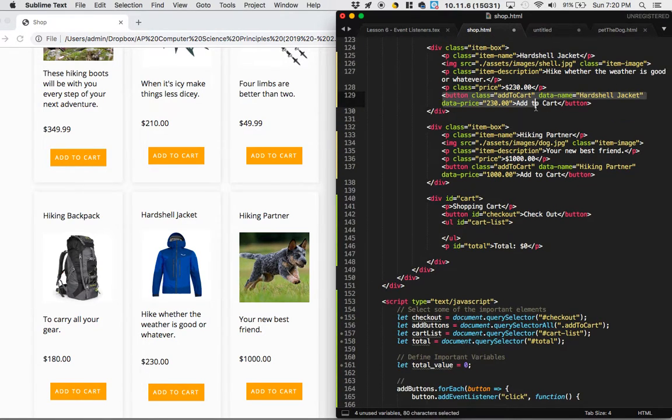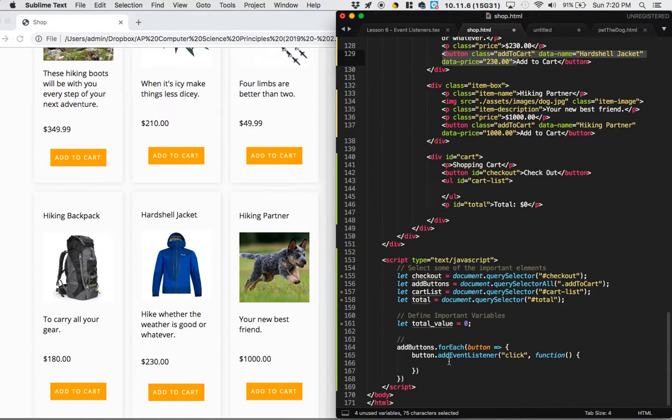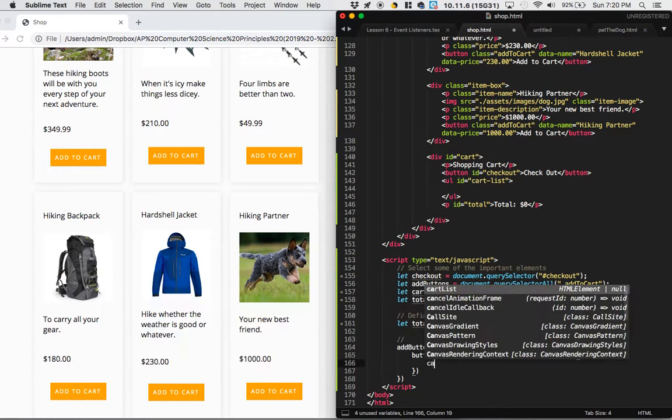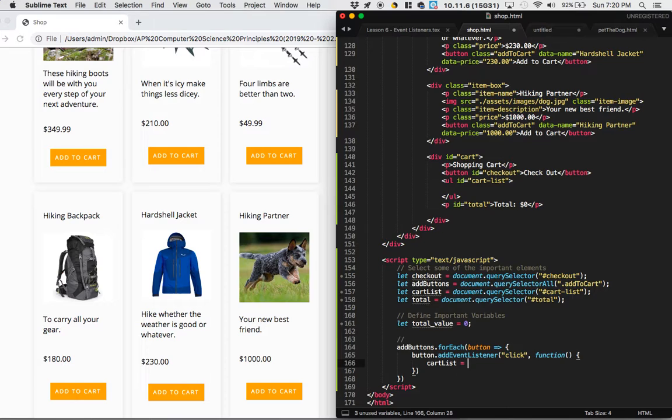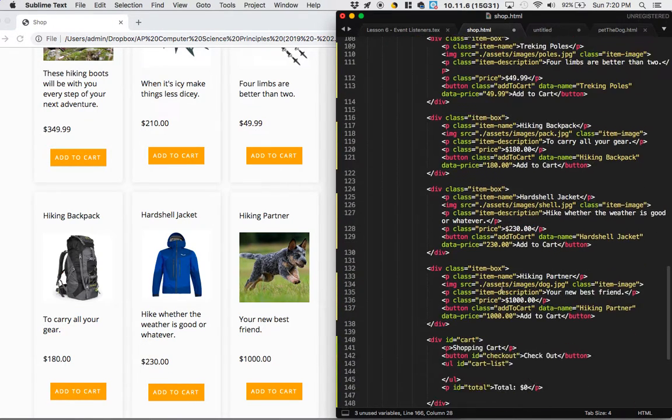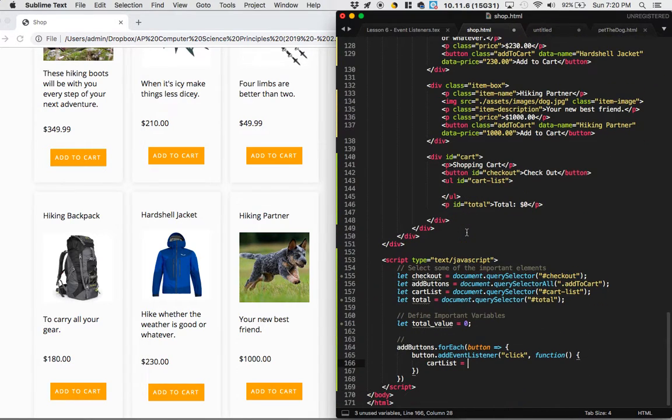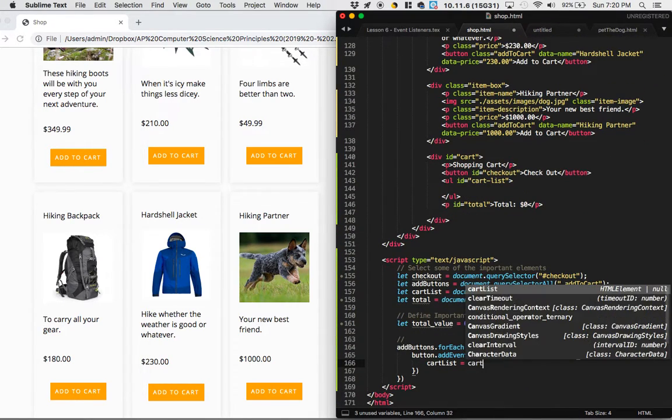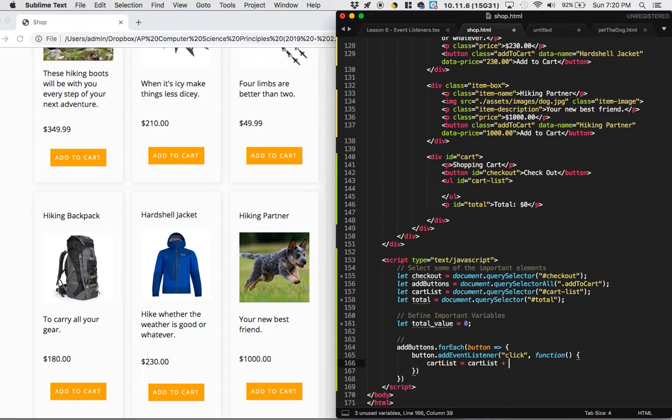So the first thing that's interesting is if you take a look at all of those buttons, they have some extra attributes that you haven't seen. They've got a class, but they also have attributes called data-name and data-price. So I'm going to be using those attributes to update the cart. So what I want to do is take the cart list, which is this unordered list here, and make it equal to whatever cart list was equal to before, but add on a list element